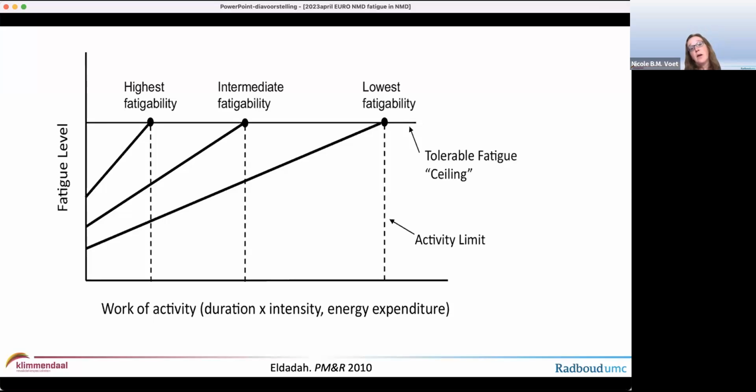And also, all these three groups, the high fatigability group, intermediate and lowest fatigability group, have the same level of tolerable fatigue ceiling. That means that the people with the lowest fatigability level can have a very high activity limit. They can do many things in daily life. And patients with NMD have the same fatigue ceiling as a top sporter, but as a consequence,